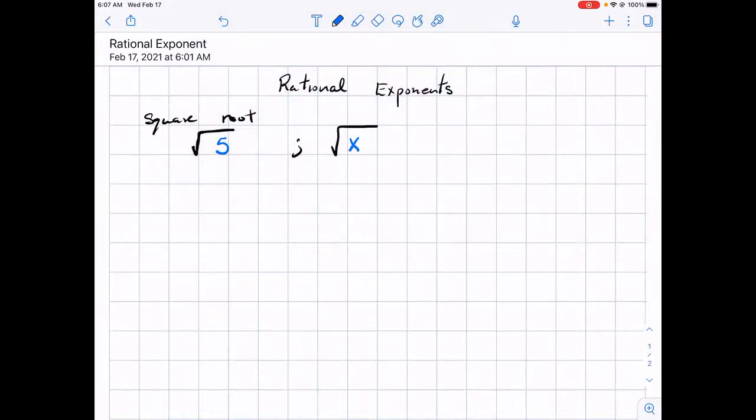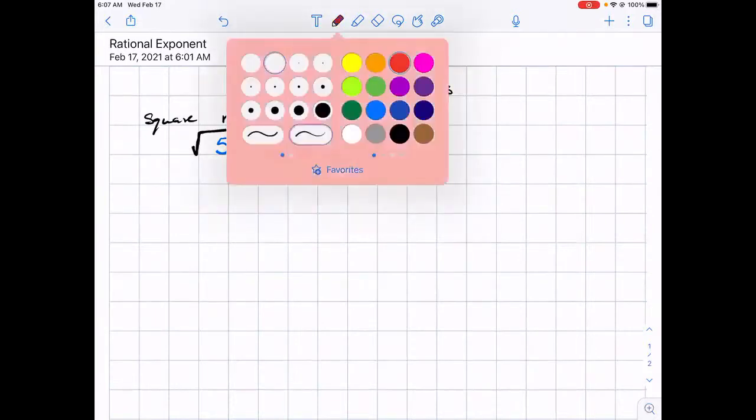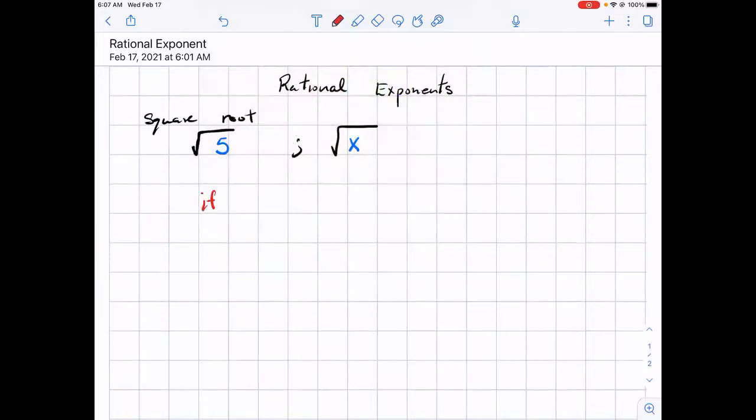Now, in this example, if x is a non-negative real number,